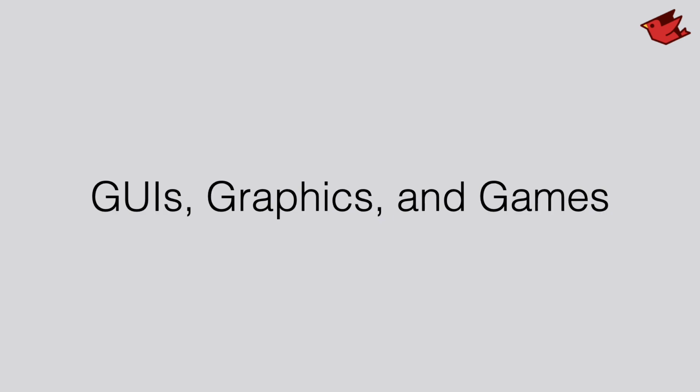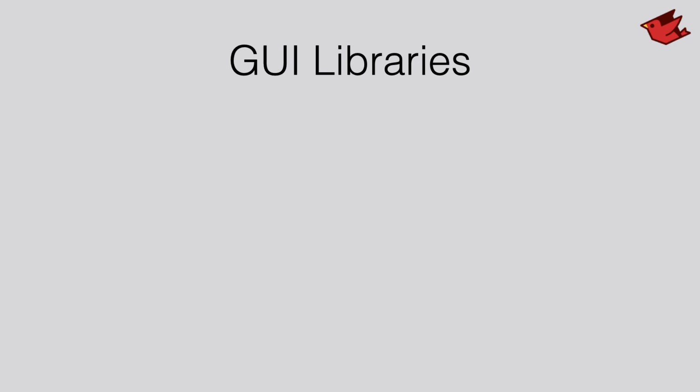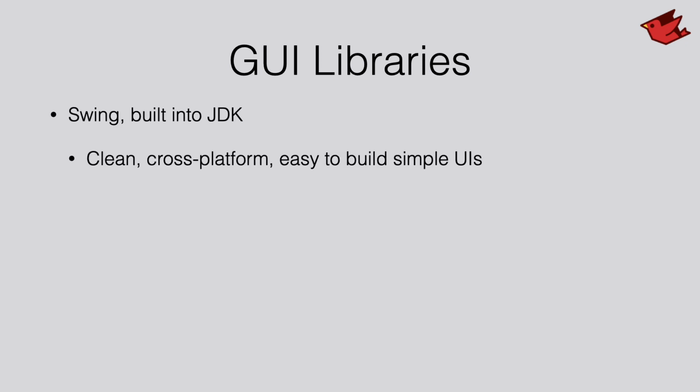Okay, so let's talk about some fun stuff here. GUIs, graphics, and games. So one nice thing about being on the Java platform is the wide array of graphical user interface libraries we have. The most commonly known is Swing. It's the one that's built into the JDK. It's a very clean interface, clean set of widgets. It's cross-platform and works very well. Easy to build quick and simple user interfaces, fields, labels, buttons, typical set of widgets that you're probably used to